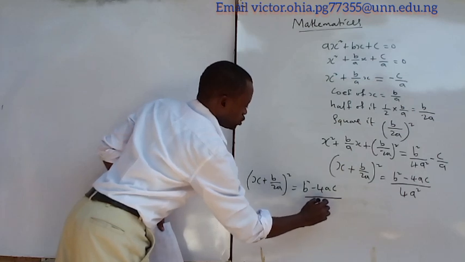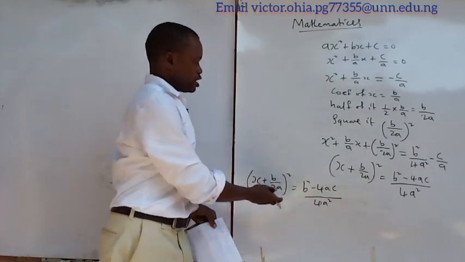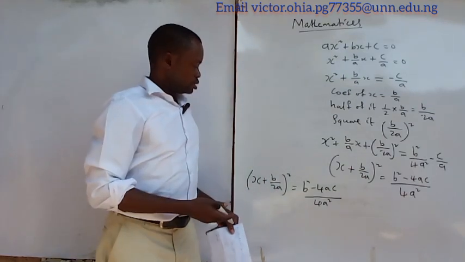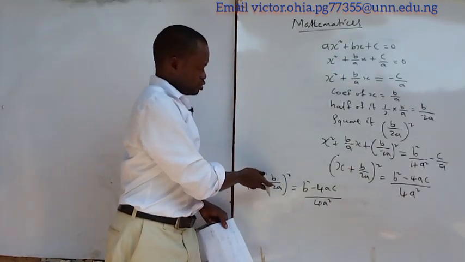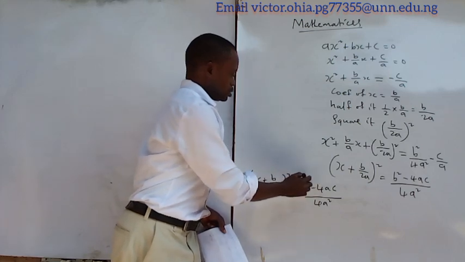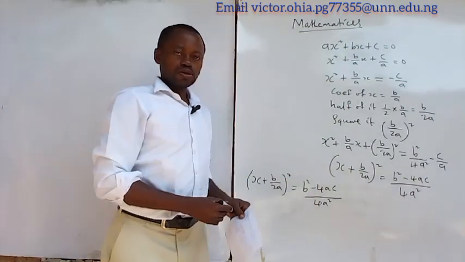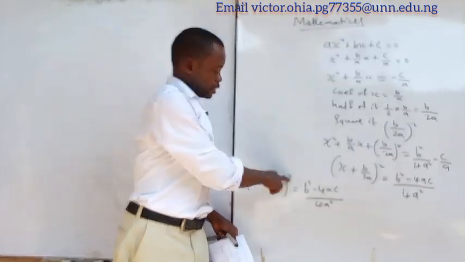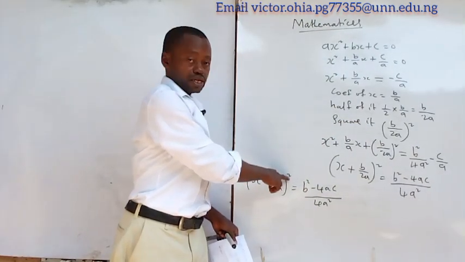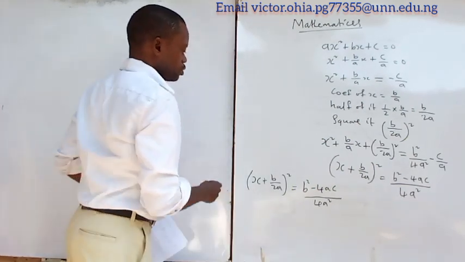4a squared. So the next step is take the square root of both sides. We have made this side a perfect square. So the square root will now clear this. Do we get? It will now clear this. So what do we have? We will now have